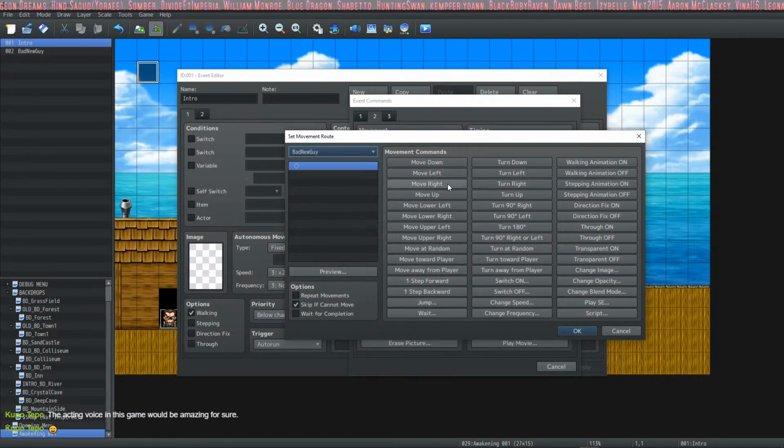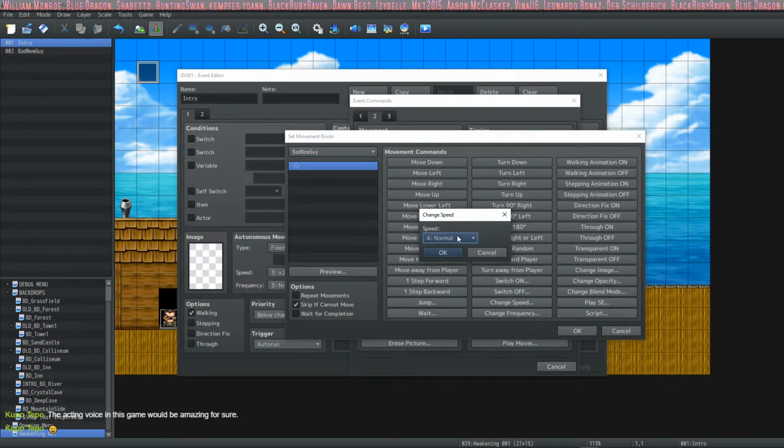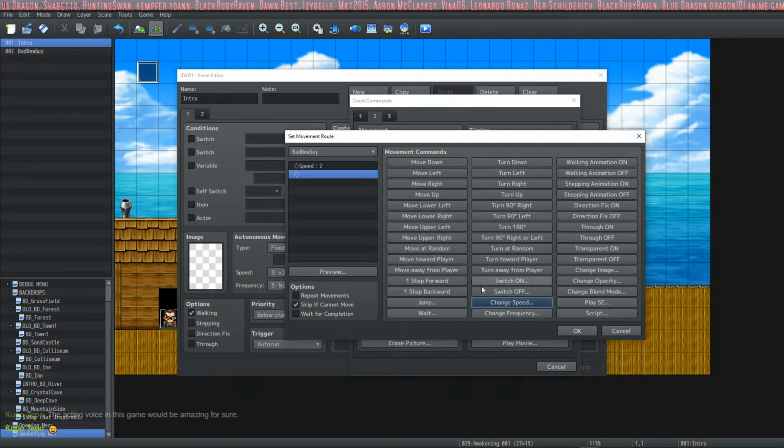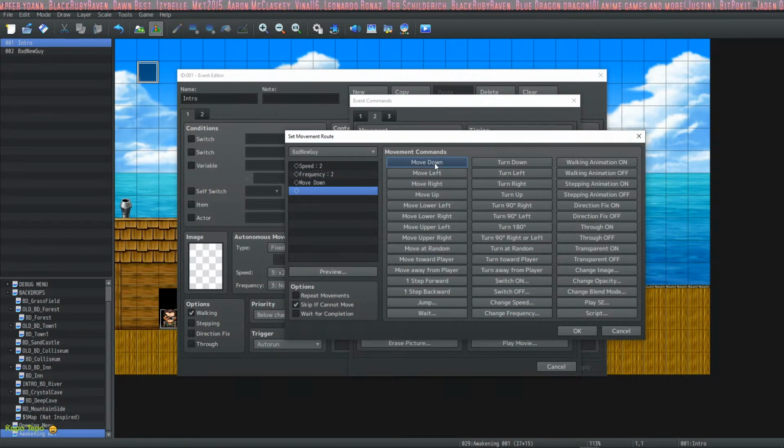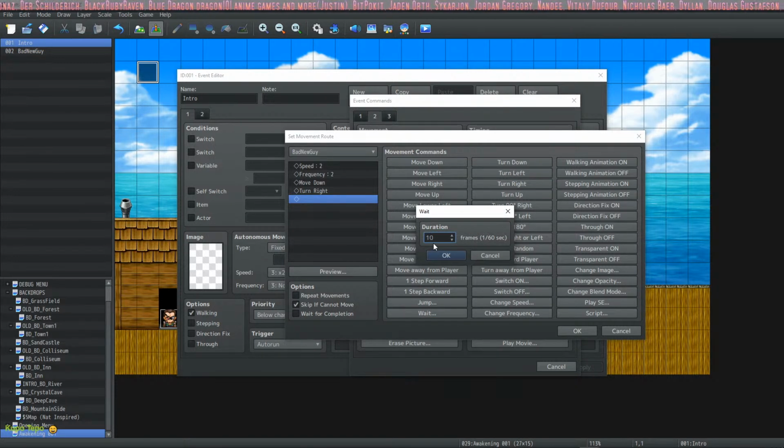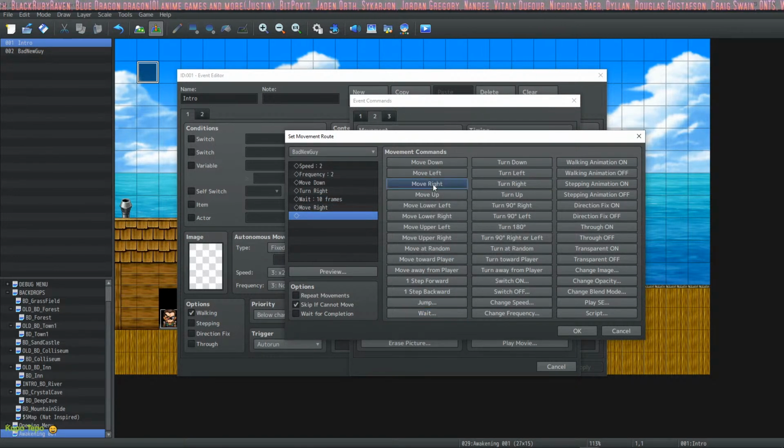I want him to go slow, so let's change his speed to 4 and frequency to this one. Move down and turn right, and then wait like 10 frames, and then move right.